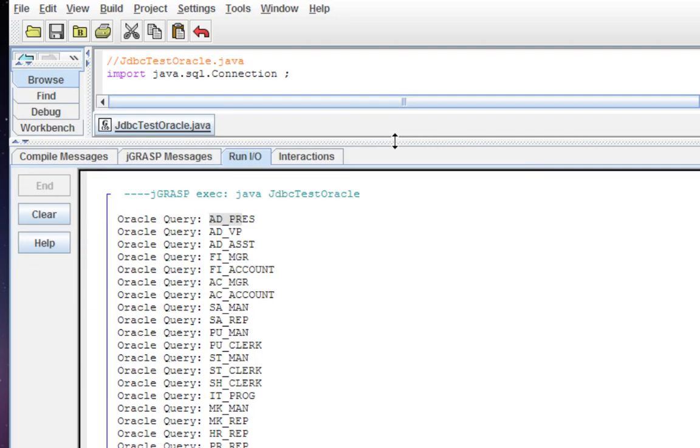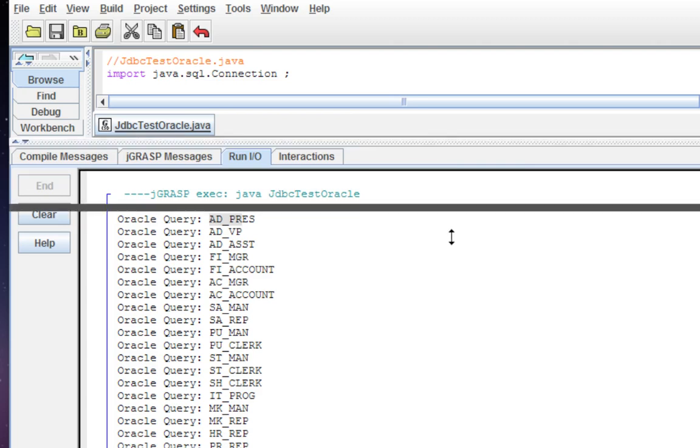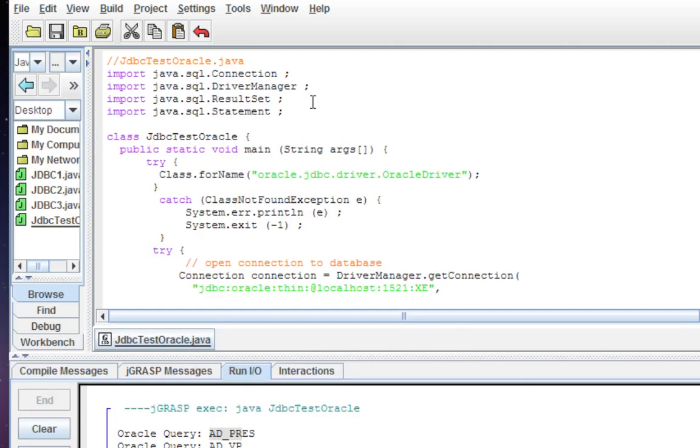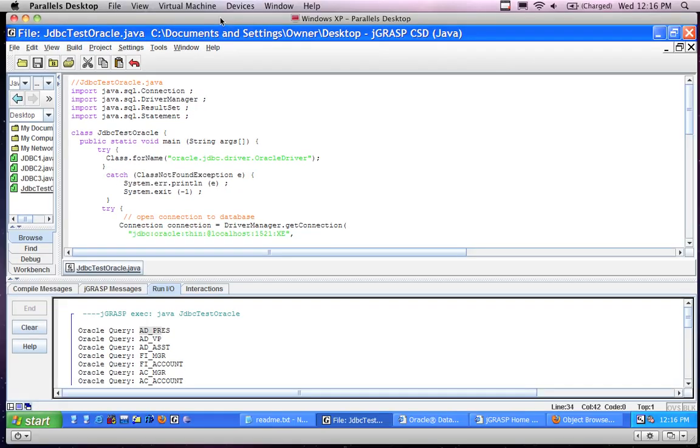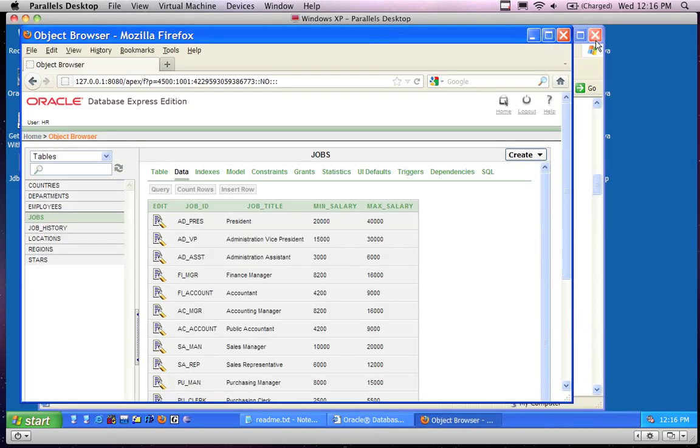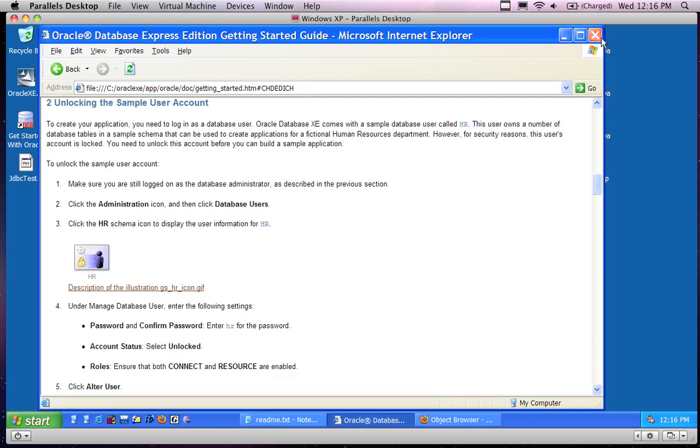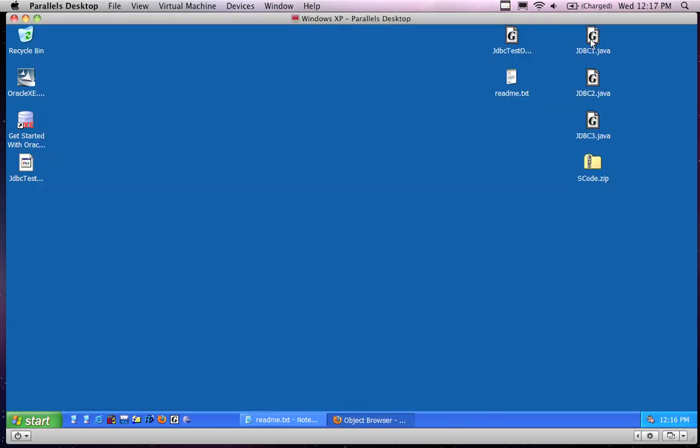If that query doesn't give you that result, there's something wrong with your setup. Don't do anything else. Just go fix the setup. Don't bother with any other examples. This one's going to work. If it doesn't work, you can't continue. So this one has to work. If it doesn't, don't waste your time. Once you have it working, then you're not wasting your time. At that point, you are going to proceed forward with project number 1